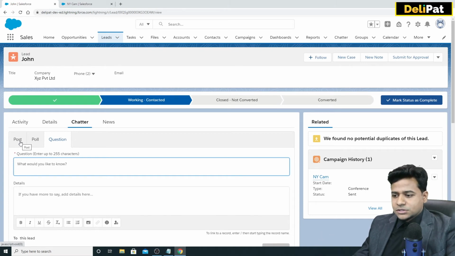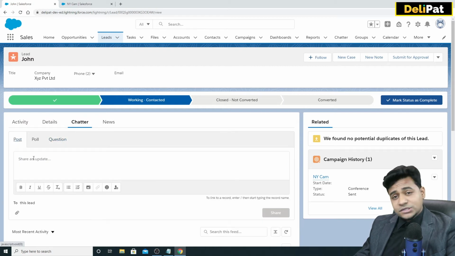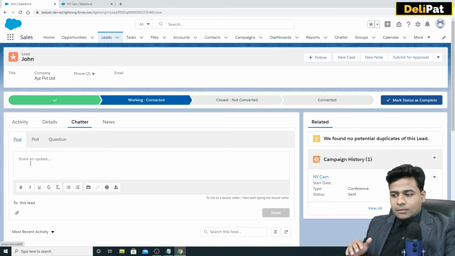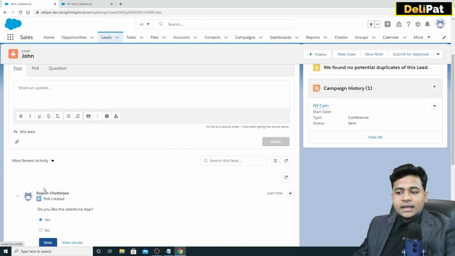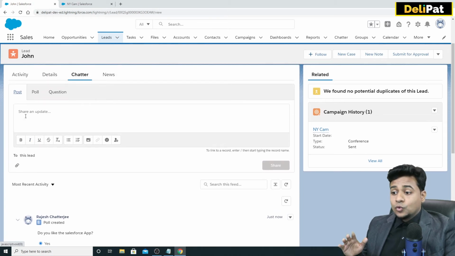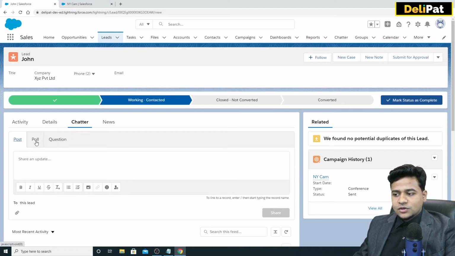I do recommend customers to use this post option a lot. It is very helpful for customers when many executives are talking to each other over WhatsApp, right? They can talk over here in the chatter thread instead, so you have data in place. Let's say down the line, 1 or 2 years later, somebody is looking at the same lead information, they can go to the lead chatter and see the entire history: what conversations happened, who has tagged whom, what questions they asked, what poll somebody has initiated, everything about the chatter.